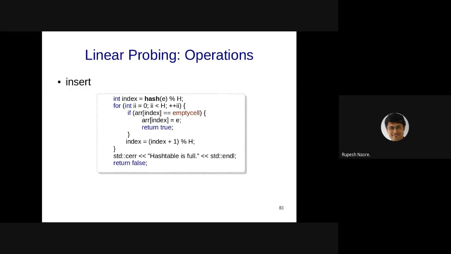So towards that, we were looking at linear probing. In linear probing, whenever there is a conflict, we have to look for the next entry, or some entry, as a linear function of the number of conflicts that have occurred. And that is going to give you a new index at which the second, conflicting element can be inserted.